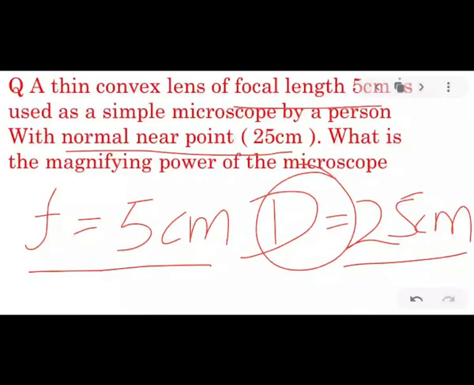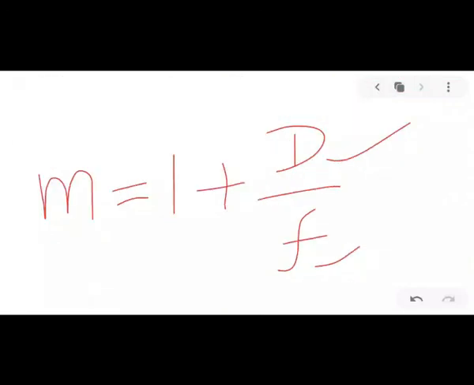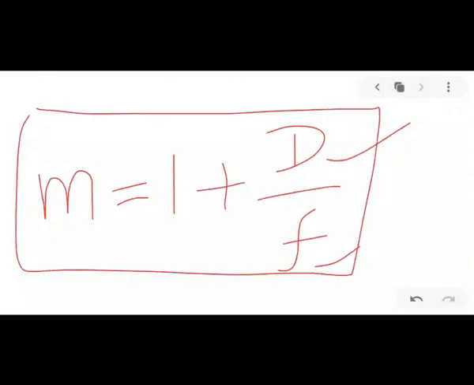Now in our case, they haven't mentioned where the final image is formed. Therefore, which relation do I have to use? This one, m equals 1 plus D by f. Clear? So you find out the answer and